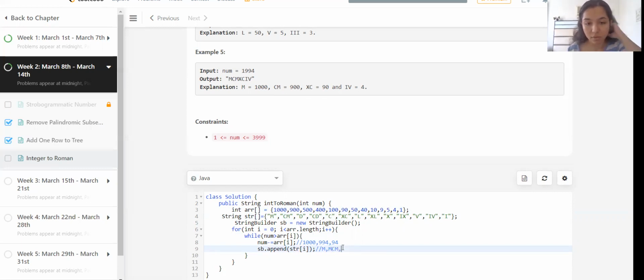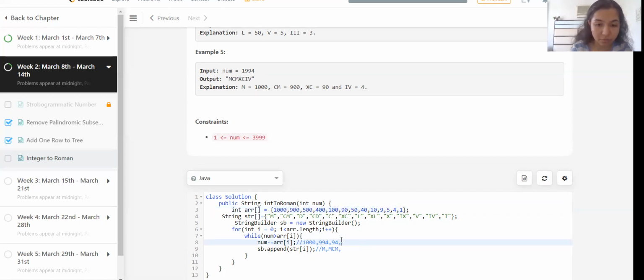MCM. Further, we check if 94 is greater than 900, which is not true. Then we increment i again, so i is 2 now. 94 is less than 500, so we again increment i, again and again. So now i is 5. 94 is greater than 90.